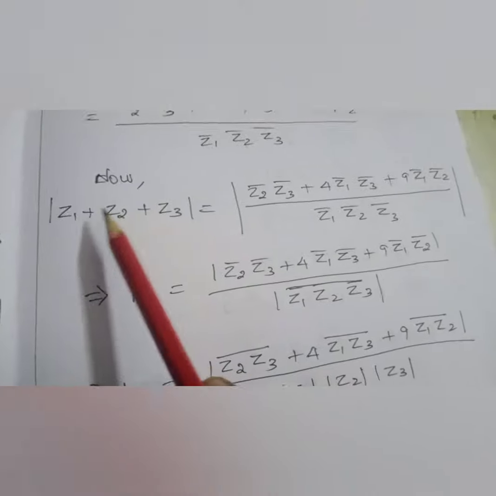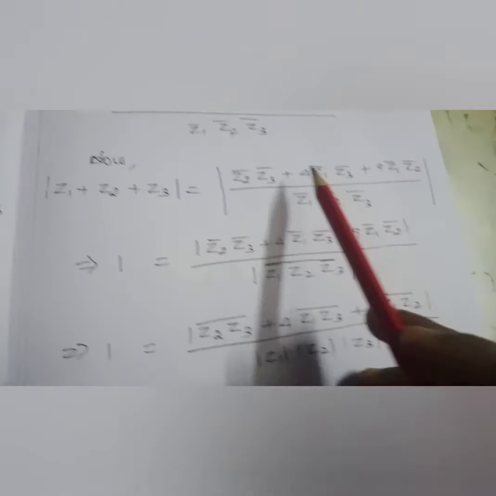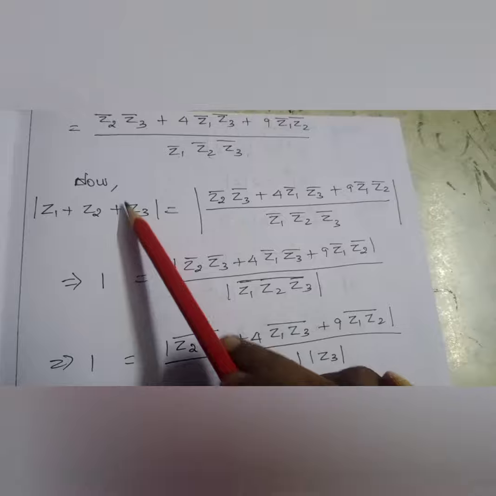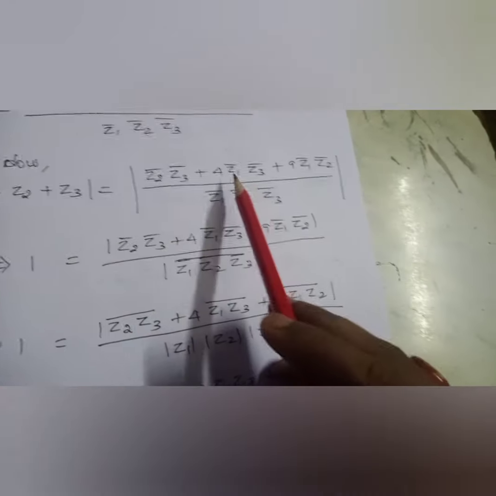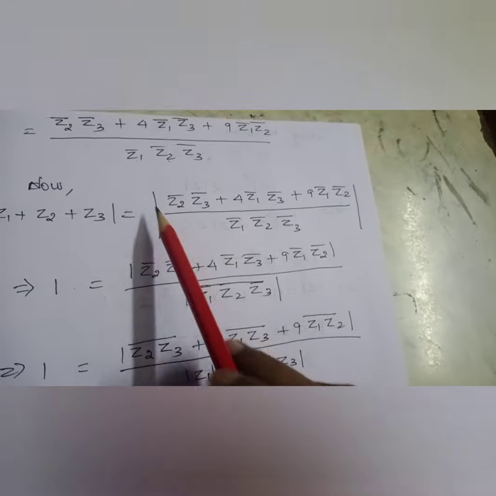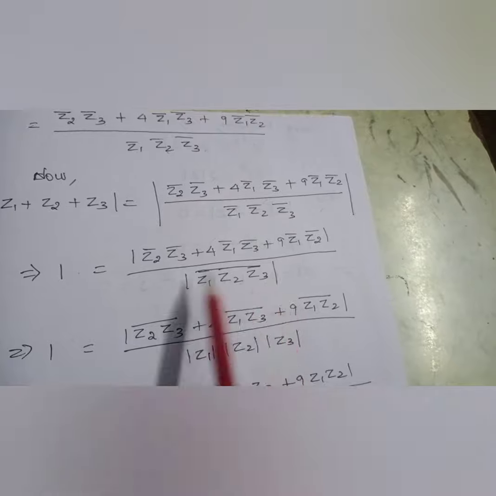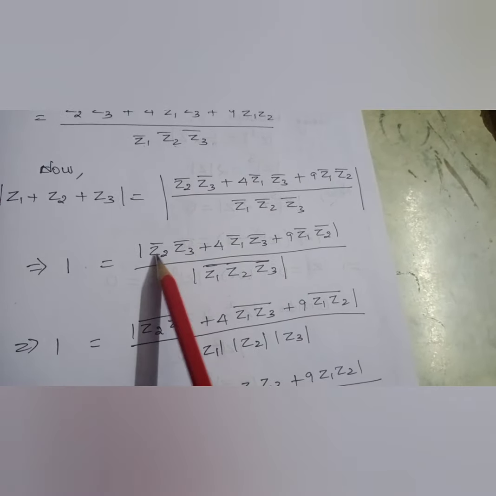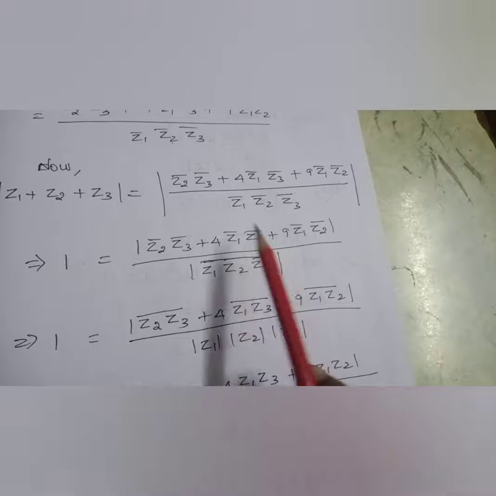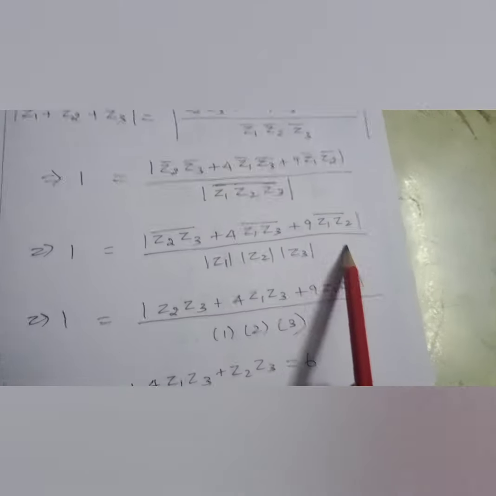So I am going to take modulus now. So this will also become modulus, right hand side also it will be applied, and the same time this can be written as 1 because it is given in the question, and here I will split the modulus now. See, first it was for both the numerator and denominator, and in the next step it is for numerator separately and denominator separately. Same time I can take the bar, that is the conjugate here, z1 bar z2 bar z3 bar can be written as a whole bar. So z1 z2 z3 the whole bar. Similarly here also z2 z3 the whole bar, 4 z1 z3 the whole bar, 9 z1 z2 the whole bar. See, we have done it.